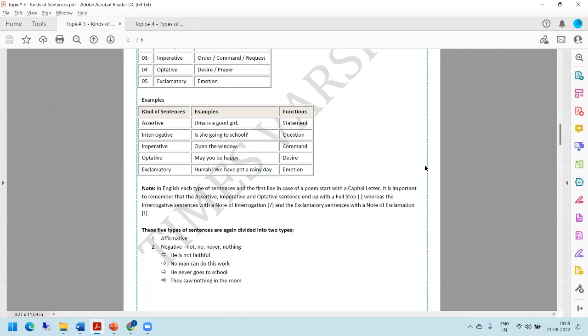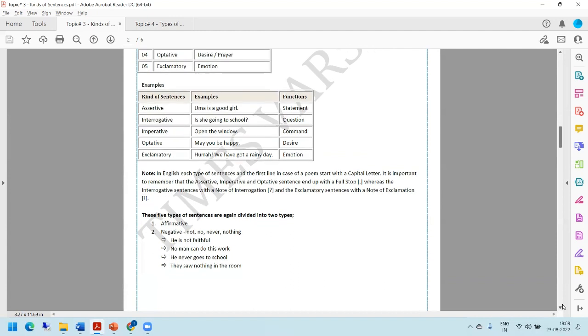Based on the type of sentence, only assertive, imperative, and optative sentences end with a full stop. Interrogative sentences end with a question mark, and exclamatory sentences end with an exclamation sign. Right. So these 5 types of sentences are again divided into 2 types, like affirmative and